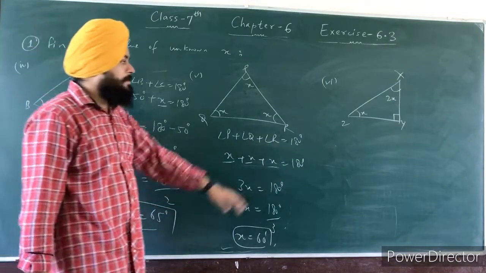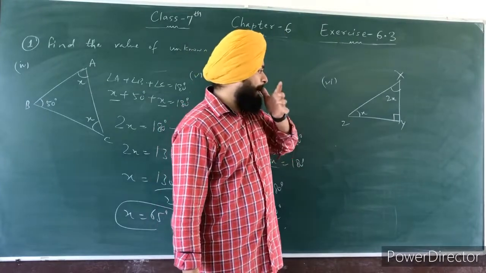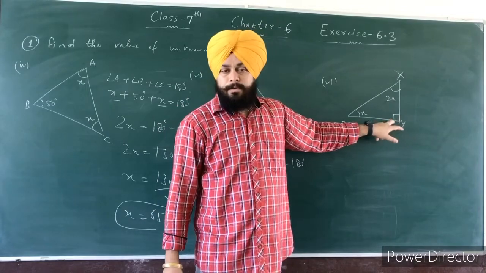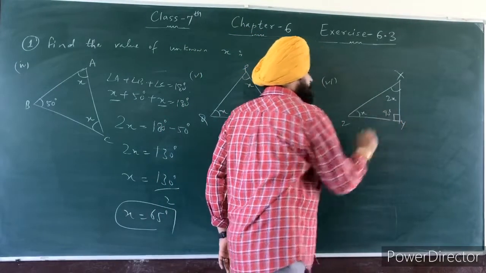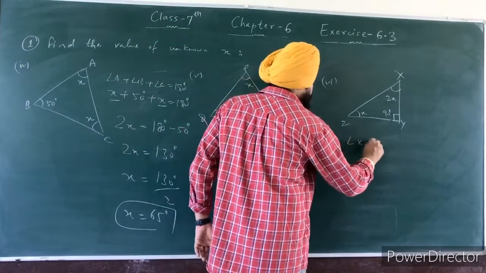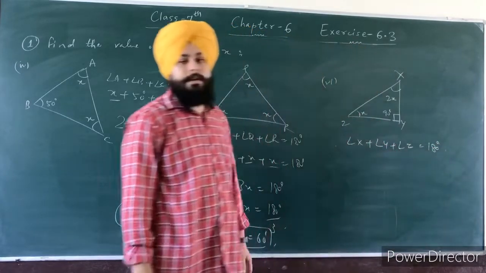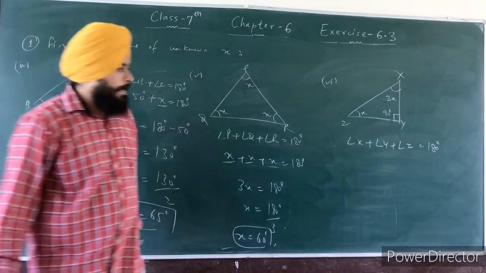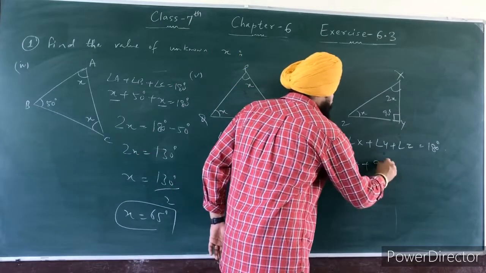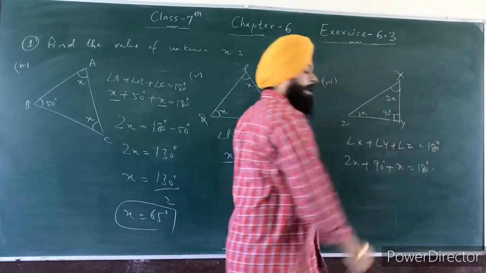Alright. Now the last, sixth part of this first question: name of the triangle is XYZ. So measure of angle X is 2x, measure of angle Y is how much? This is the symbol of 90 degree. It means measure of angle Y is 90 degree and the measure of angle Z is x. So you can write here angle X plus angle Y plus angle Z is equal to 180 degree. Write the reason. So measure of angle X is 2x, measure of angle Y is 90 degree and measure of angle Z is again x, is equal to 180 degree.